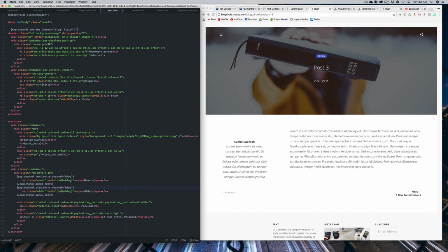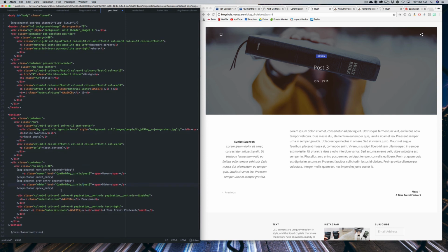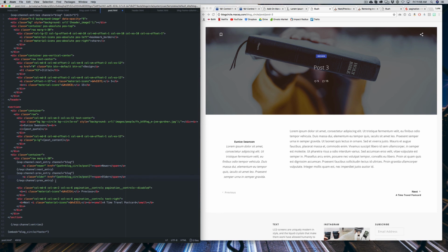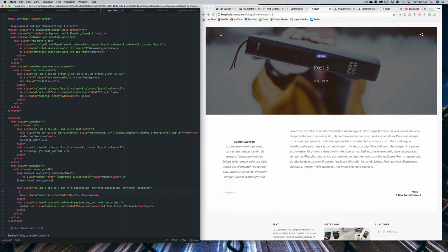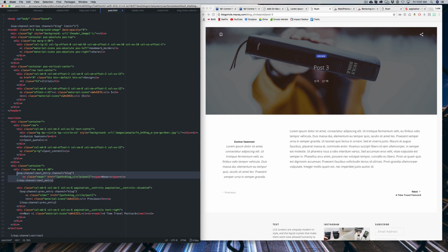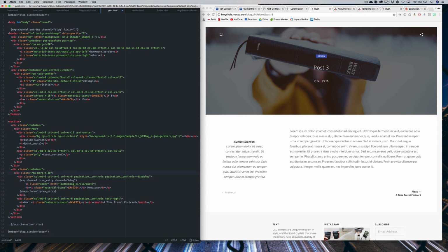And then we just need to change the path to blog_circle/post, and you can just copy and paste this for the newer and older. And then we're going to separate these tags so it's set up with the same styling. So we're going to copy the older tag, and we're going to put it inside of the previous div here. And we're going to copy that previous text, and then replace this span with that text. Just hit paste, and then do the same thing for the newer. So we're going to copy this text. You can delete that and go to newer, go inside this div, paste it in there,